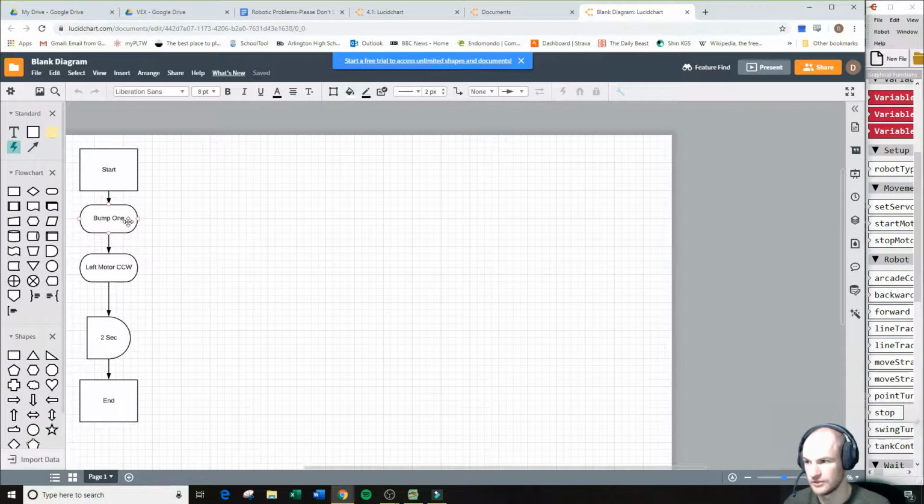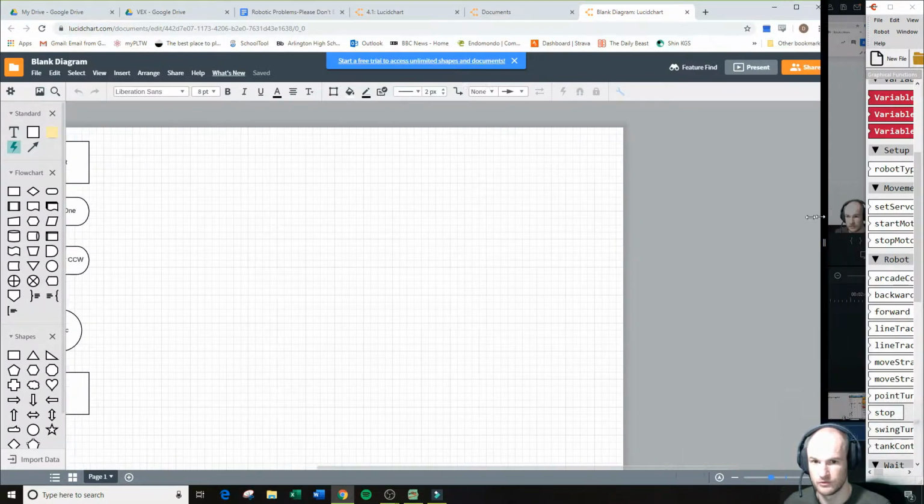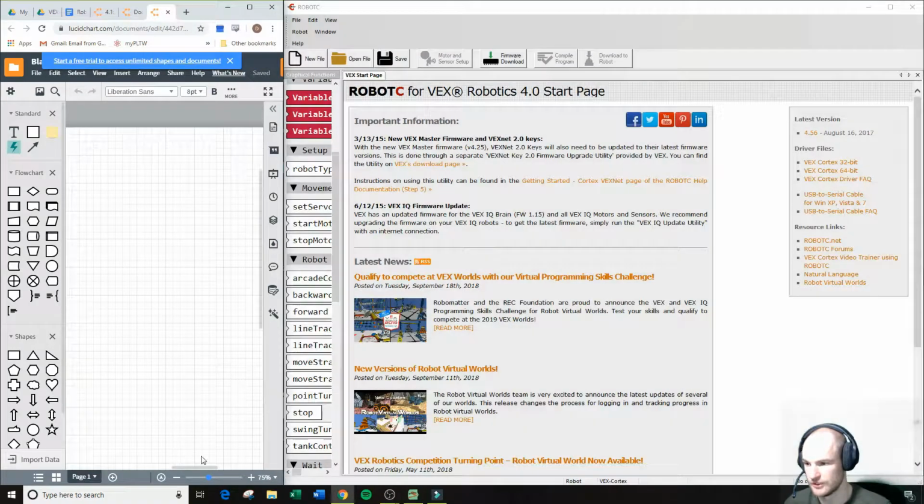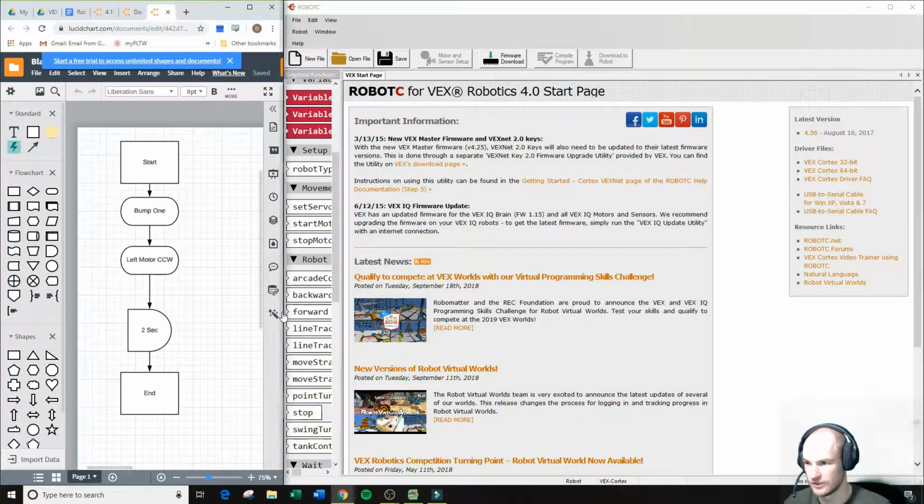We've got the bump switch. Once it's pressed, the left motor will spin. It says counterclockwise for 2 seconds, and then the program will end. So if we come over here into our graphical setup, keeping that flowchart handy,